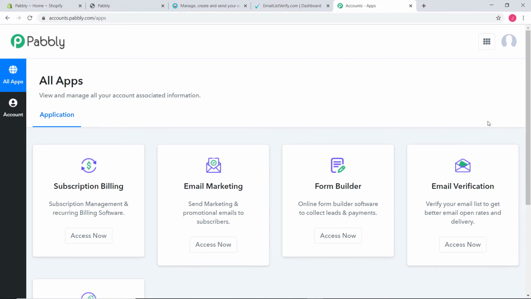Here, I would like to mention one more thing. Pabbly Connect offers a free plan where this integration can be tried out absolutely free. You just have to clone the template of the workflow. The link for the same is available in the description below the video. Once you clone the template, you will immediately get access to this workflow in your account.